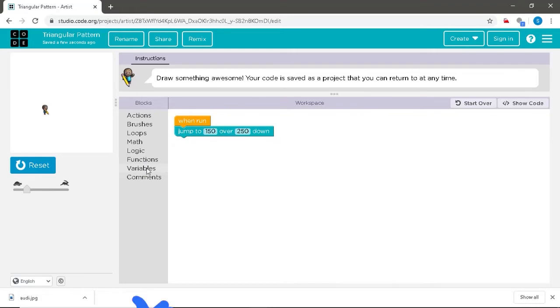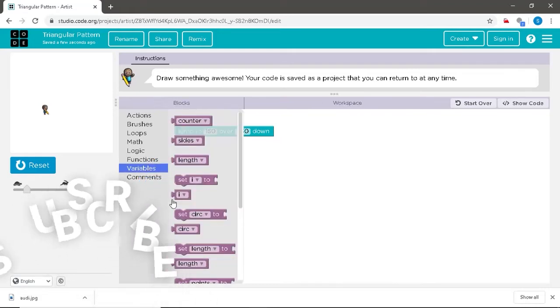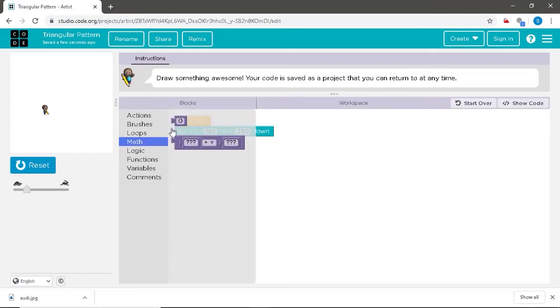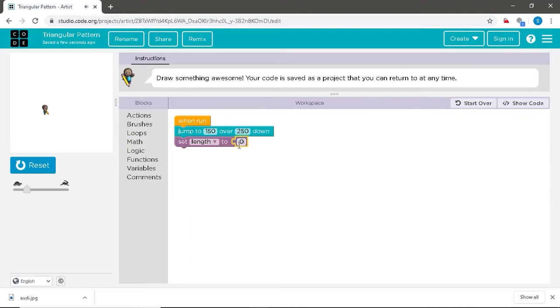For this, we'll go to the variable section, drag the set length to command, and now to specify the length, which should be the side of the triangle, we shall go to the math category, drag the numerical command and mention it with 150.